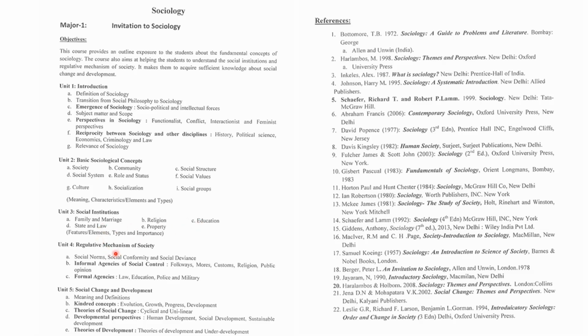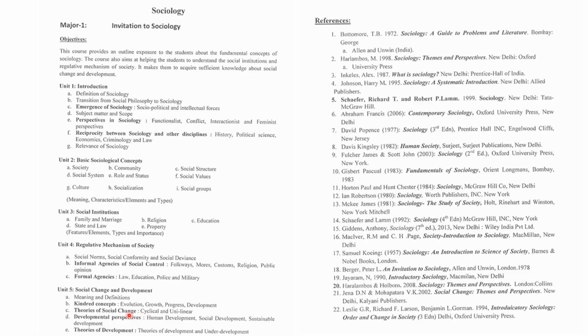And in the fourth unit you'll be learning about regulative mechanisms of society, how society is regulated. You have social norms, social conformity, social deviance, and then informal agencies of social control and formal agencies of social control. And in the last unit you'll be learning about social change and development, its meaning, definitions, and you'll learn